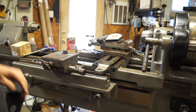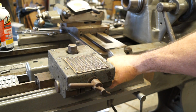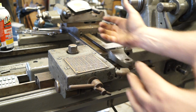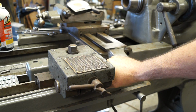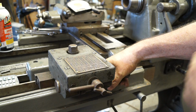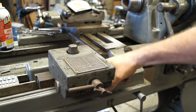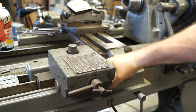Now, I'm going to bring you a little closer and let you see what I'm talking about. All right, so like I said, as that shaft is turning, if you watch, here's your shaft, and this is actually pulling your cross feed back and forth, okay? And there's cams that go in there. Those cams decide how far it goes in and out. There's gears that you have to calculate for when you want it to come in and out, and then a whole bunch of things that we have to get into later. But you see what I'm saying? All right. So let's do that again. It moves in